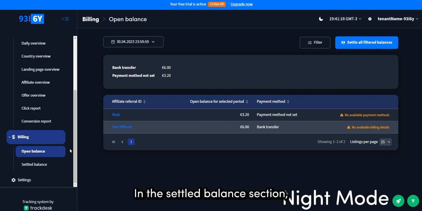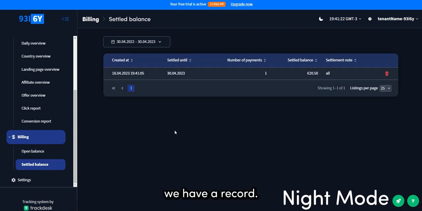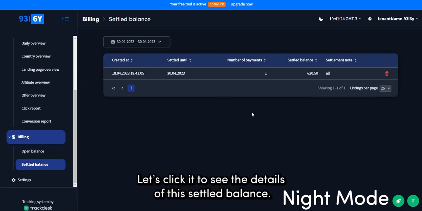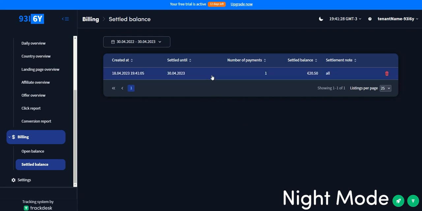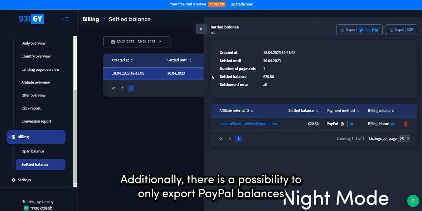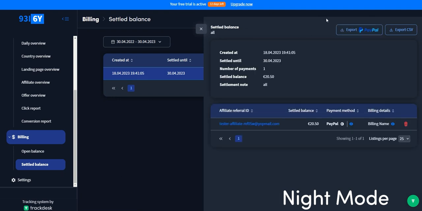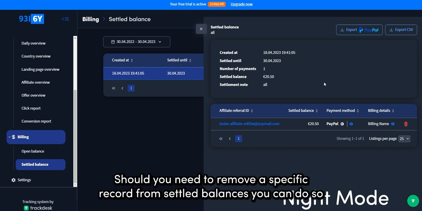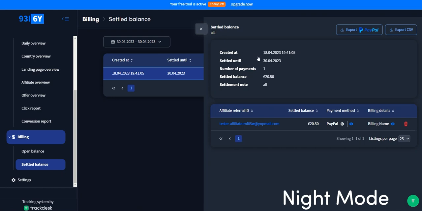In the Settled Balance section, we have a record. Let's click it to see the details of this settled balance. Additionally, there is a possibility to only export PayPal balances, or to export all. Should you need to remove a specific record from settled balances, you can do so,